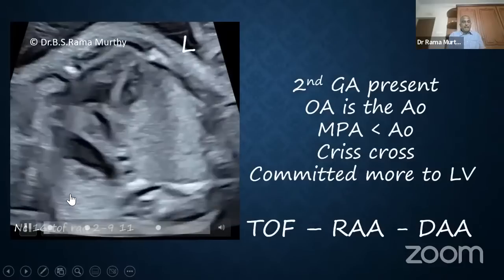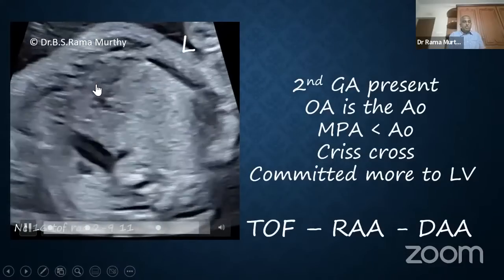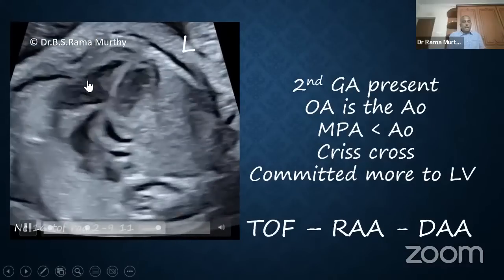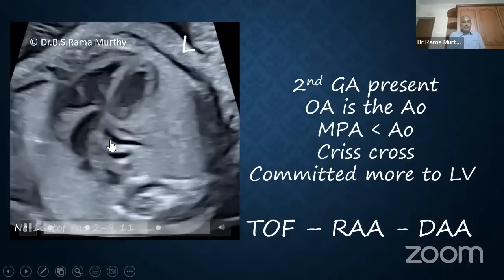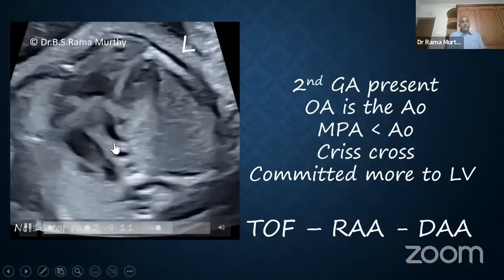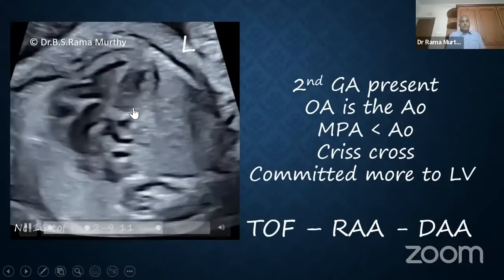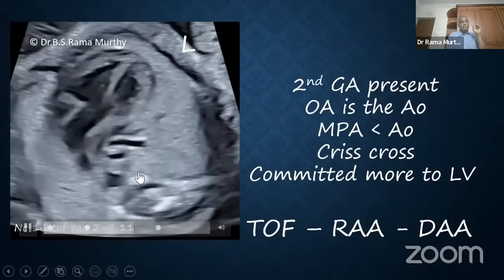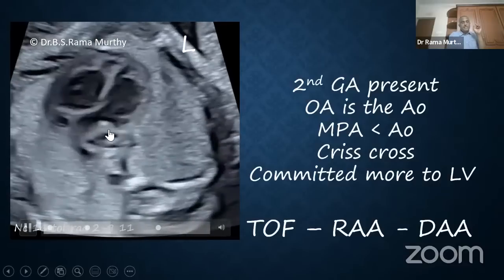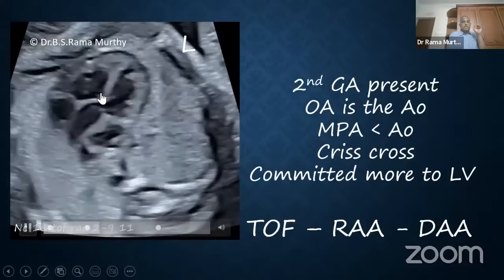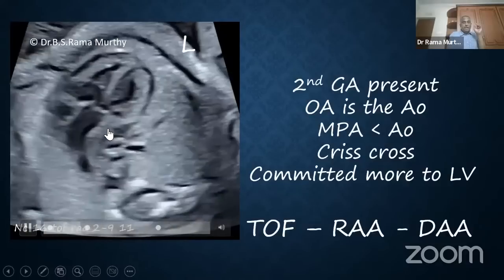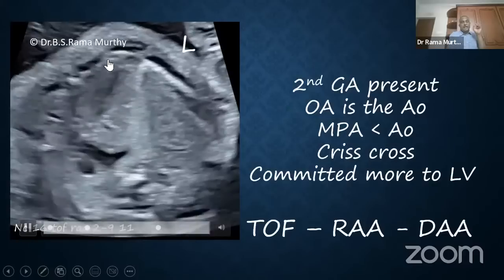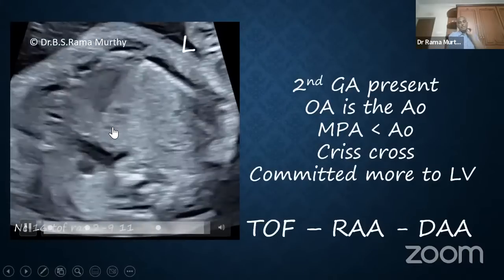You can see both the ventricles are committed. And is there a second artery? Yes, I draw your attention to this chamber, which is the right ventricle. This is the spine, substernal right ventricle, and you see a second artery which is coming in this fashion. Right? The second artery, so we have already finished answering the overriding artery looks to be the aorta. And I want you to see what is happening to the second artery, which is narrow, which is coming from the substernal right ventricle. What is happening to it? It is dividing, and it's dividing in the axial plane. So this has to be the pulmonary artery.